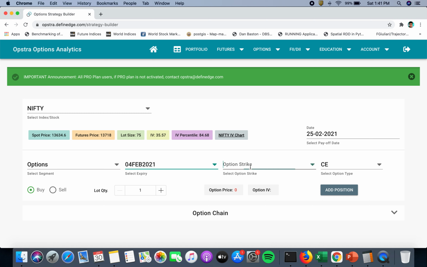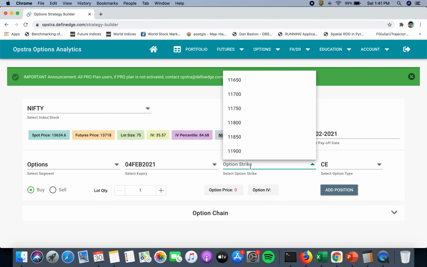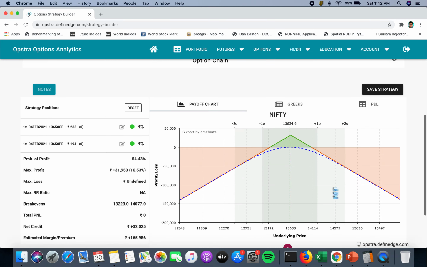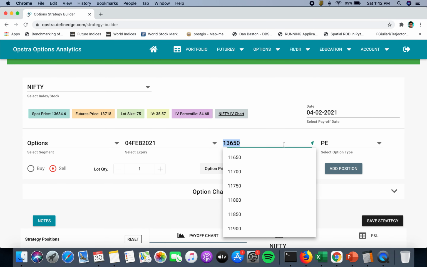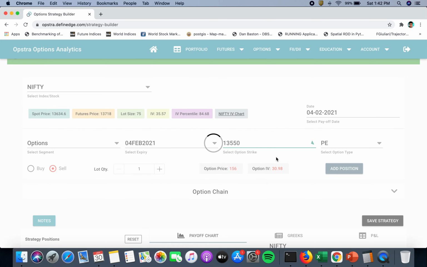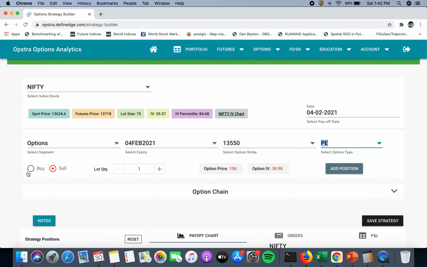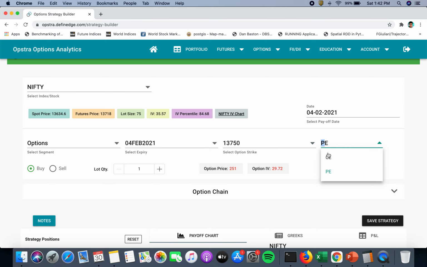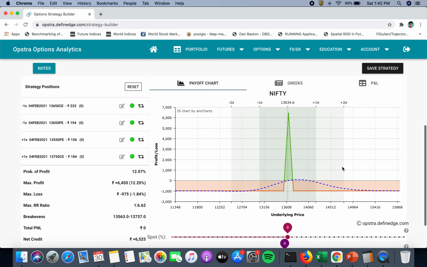So we'll just refresh our basics and start with the normal iron butterfly. You can see that Nifty is presently at 13,634, so at the money will be 13,650. What we do is first we create a straddle. So this is a straddle, and when we hedge it, this becomes a normal iron butterfly strategy. To hedge it, I am going 100 points away and buying a put. And similarly on the call side, I'm going 100 points away and buying a call option of 13,750. This is the normal iron butterfly that we all know.